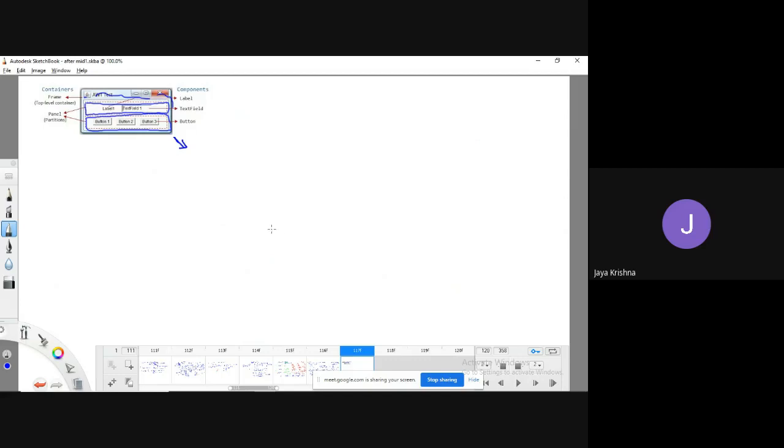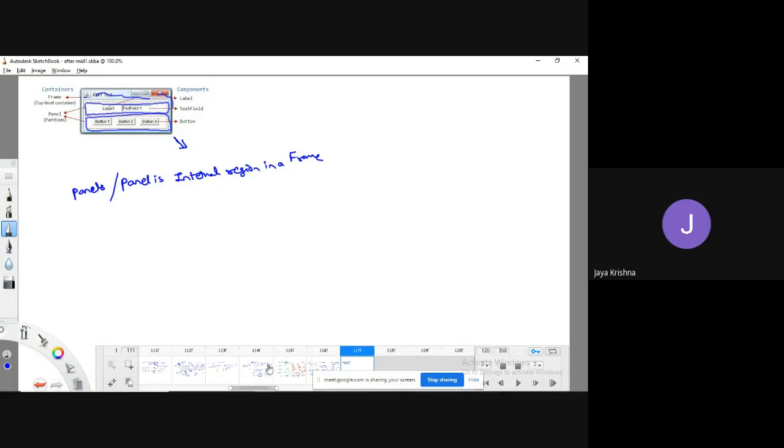Okay, so simply I can say that a panel is an internal region in a frame. Panels, the internal region in a frame.